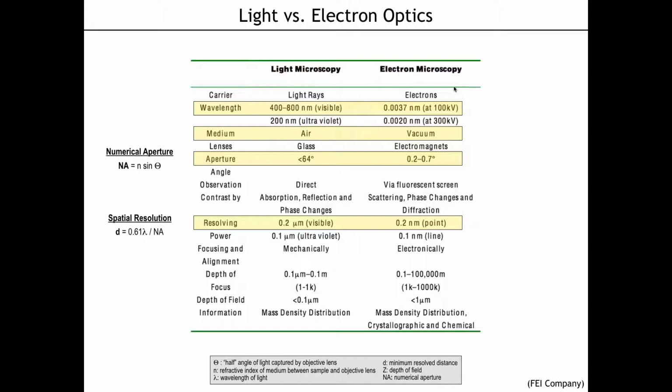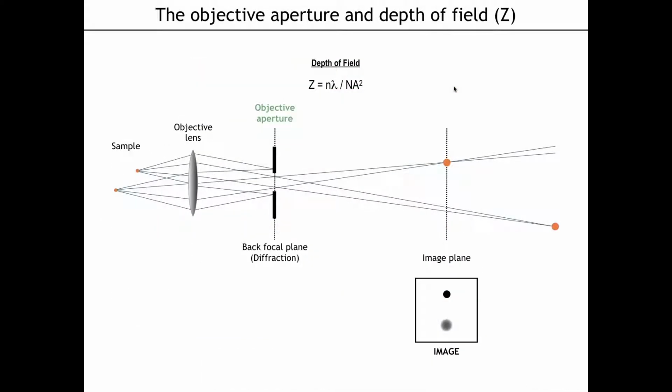In practice, the spatial resolution in a light microscope is somewhere around 0.2 microns. In an electron microscope, it's 1 or a couple of angstroms. And because of the small numerical aperture, we can image through reasonably thick specimens using an electron microscope. To demonstrate what I mean by this, if this is your sample